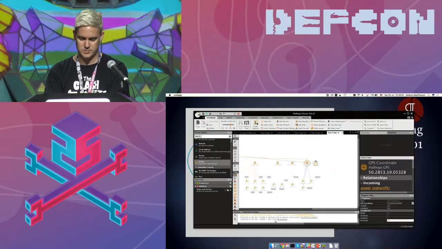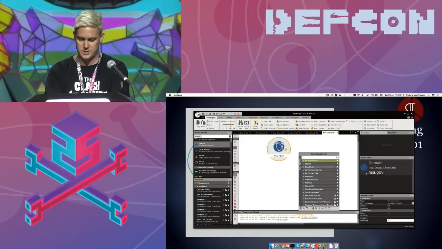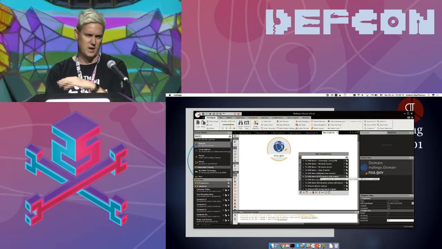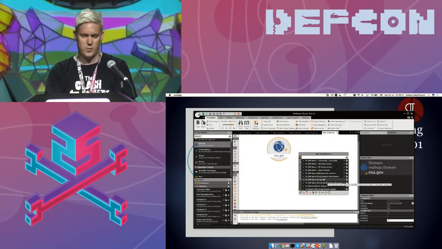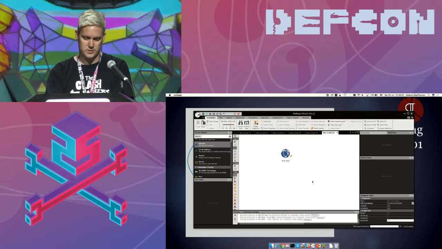If you're using it in the tool, I'm just going to pick, to make it a little more interesting, nsa.gov, and let's say I want to do just a basic forward footprint. We have a number of transforms that do DNS stuff, like MX, zone transfer, and we can look at passive DNS, things like that. And I can find all of those from here.